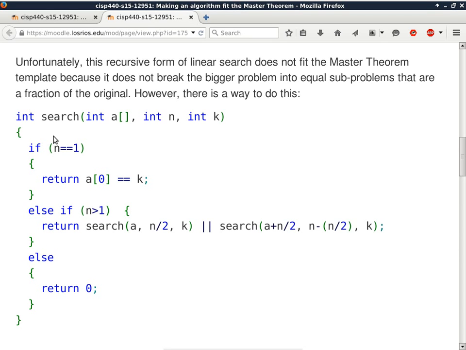What is the divisor of the problem when I chop it down into smaller problems? It's kind of spelled out here. What is B? B is 2. Why do I know it's 2? Divided by 2. And this one is kind of divided by 2, but I take care of the odd number using this method. Okay, so if A is 2 and B is 2, what is the log of A using B as a base? Log 2 of 2 is 1. Yep.